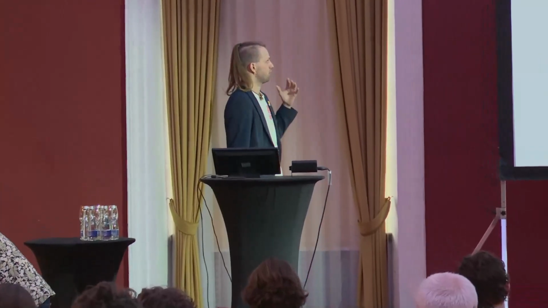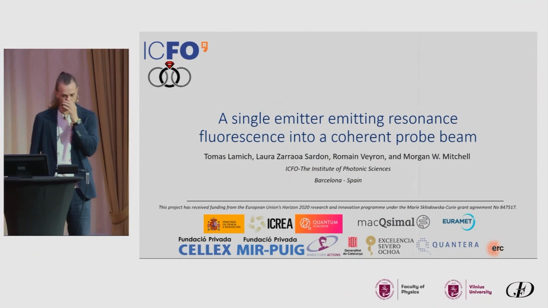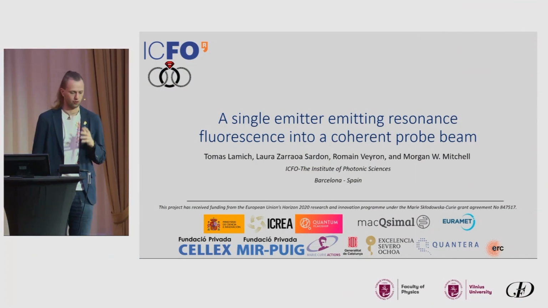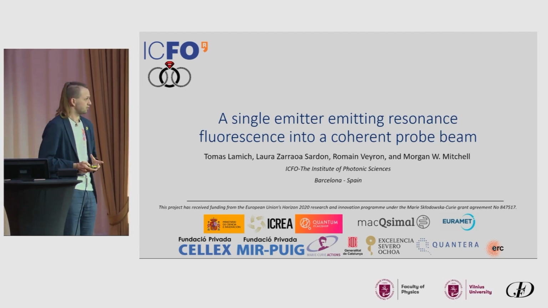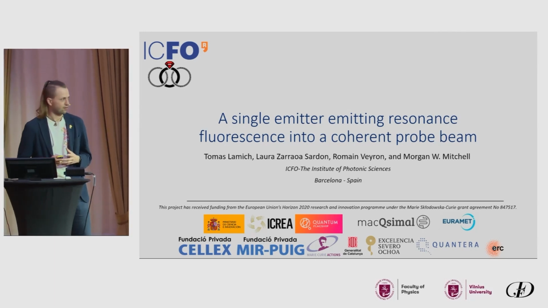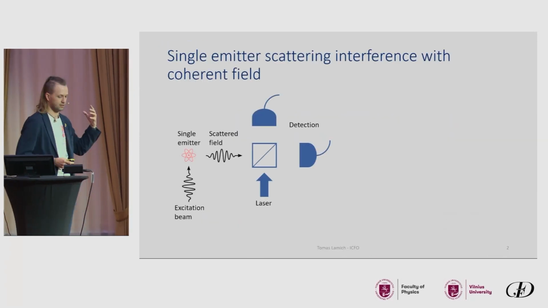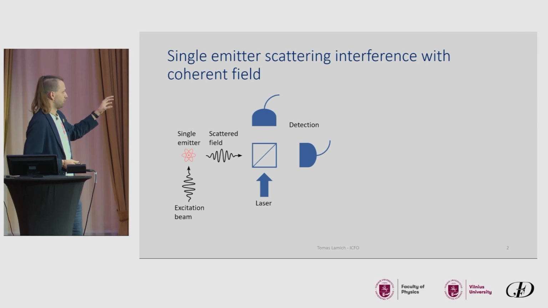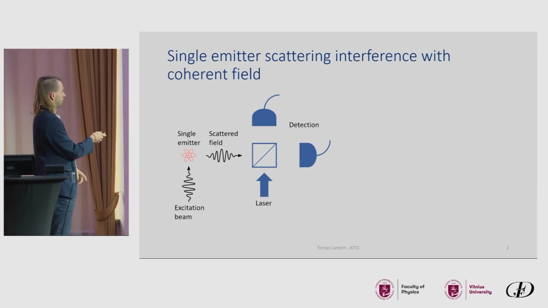I would like to tell you something about a single emitter emitting resonance fluorescence into a coherent probe beam, which is essentially an interference experiment with a single atom. There have been some single emitter interference experiments. Mostly they use this configuration where you have your excitation beam, your single emitter, and then you collect the scattered